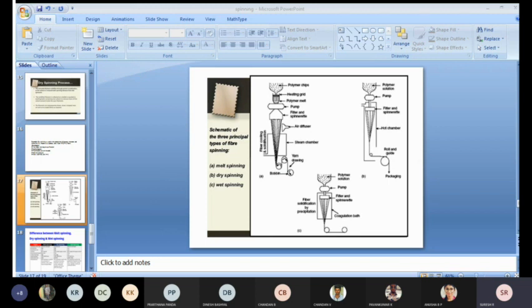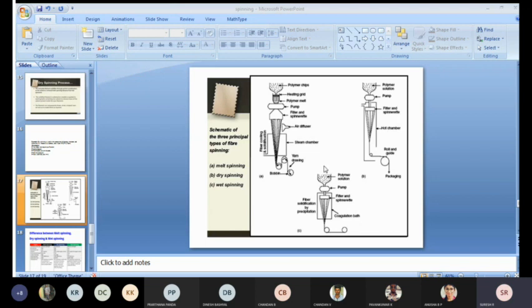Compared to the other two, it has a lot of advantages, but it is limited to only certain types of plastic materials. Each one has its own advantages as well as its own disadvantages. In this slide we can show the three different spinning techniques in one single slide, the diagrams. So this is what the three different spinning processes look like, like this is one small diagram.